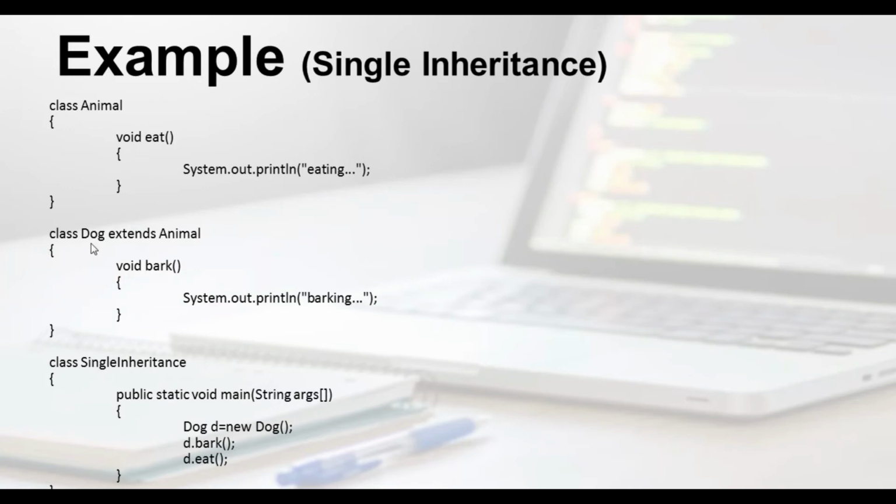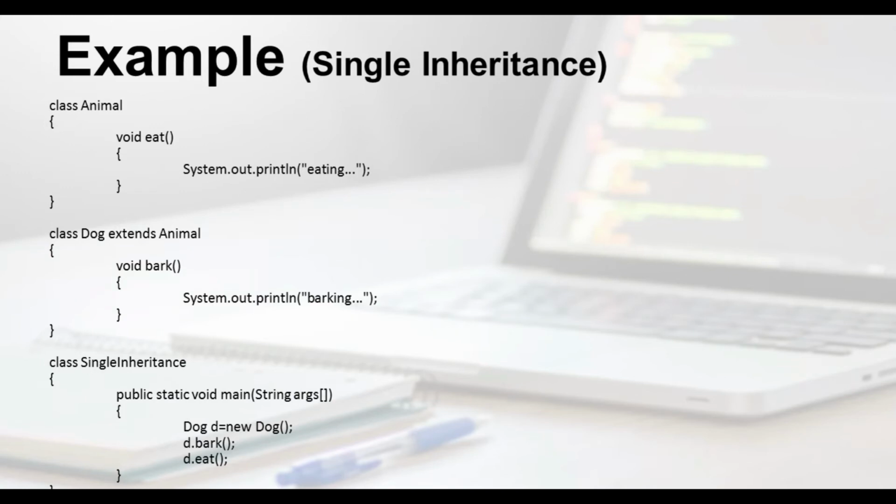Now the second class, that is class Dog. Here I use the word extends Animal. Means that is our previous class, that has void eat. In the class Dog I have defined one method as void bark. When this void bark method is called, barking will be printed. But here extends Animal means that you can use all the parameters or methods which are defined in the Animal class also. Means through the Dog object you can access the bark method, but you can also access the eat method which is defined in the Animal class.